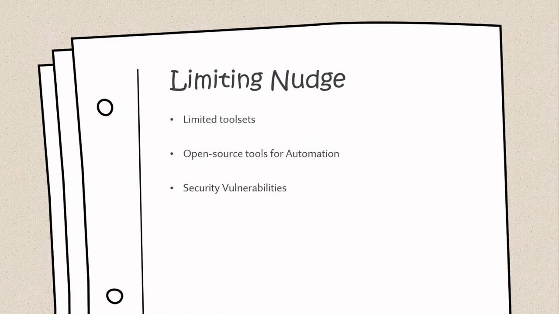Limiting nudge. Start with limited tool sets, specific maturity levels, and be precise with what needs to be implemented and what is for the future. For example, use open source tools for automation and use Jenkins or GitLab CI for CI/CD pipelines. Keep all security vulnerabilities at zero level in the initial 6 months, and then manage bugs and